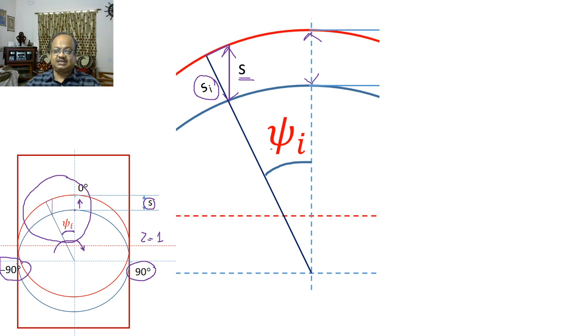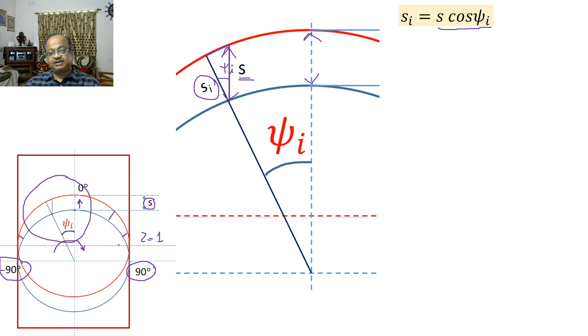And as you can see from this particular diagram, SI can be very easily expressed as S cos psi. This is the instantaneous feed, and if you look, the instantaneous feed is not constant. These are instantaneous feeds, they are not constant. They are changing from engagement angle minus pi by 2 to pi by 2. As the cutter is rotating, the instantaneous feed is also changing.